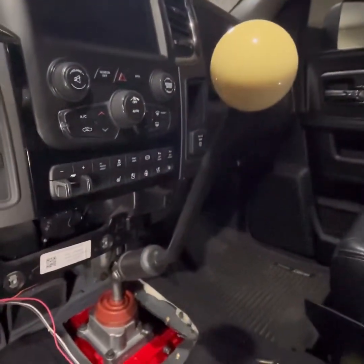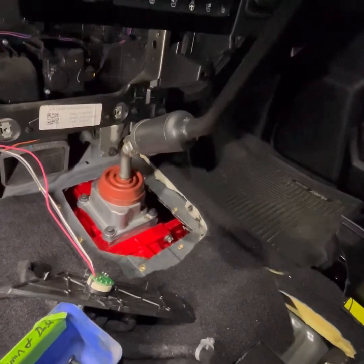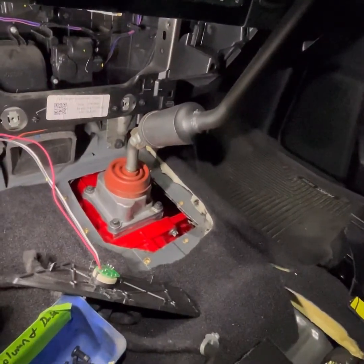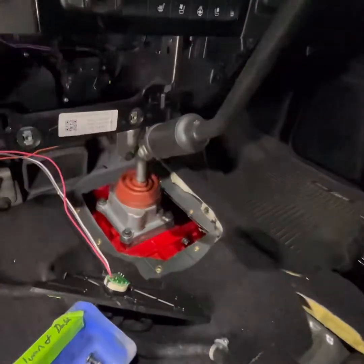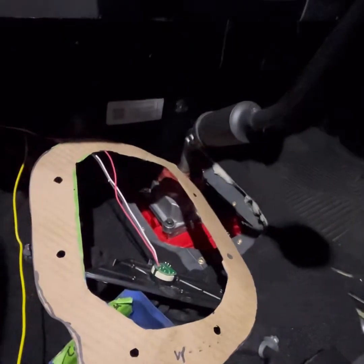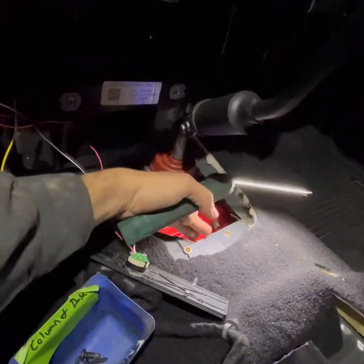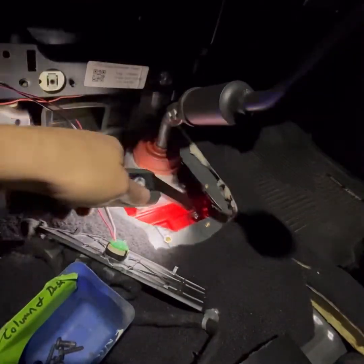So the transmission's in. The clutch went in good. I did the flywheel housing. I thought that was a good idea, or adapter plate. And then with this cutout, I made a template, and I tried to get away with the template being smaller, and just how the boots work, it was not possible. So I had to essentially cut it a little deeper here than I would have preferred to, but the first boot that kind of tucks around the shift tower